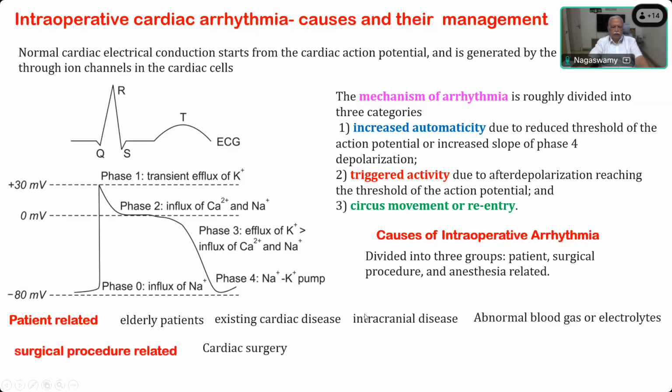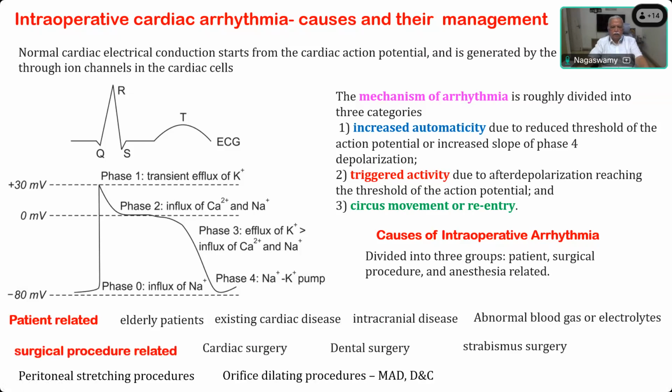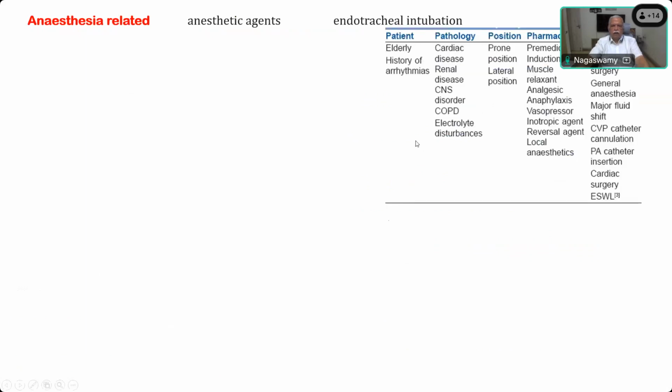Surgical procedure related: cardiac surgery, because they are directly handling the heart, and dental surgery, strabismus surgery, peritoneal stretching procedures, orifice dilating procedures like maximum anal dilatation and D&C. So these are all surgical procedures which can cause this problem. Then the anesthesia agents and endotracheal intubation. By this grouping you can remember it as 5 P's: patient,